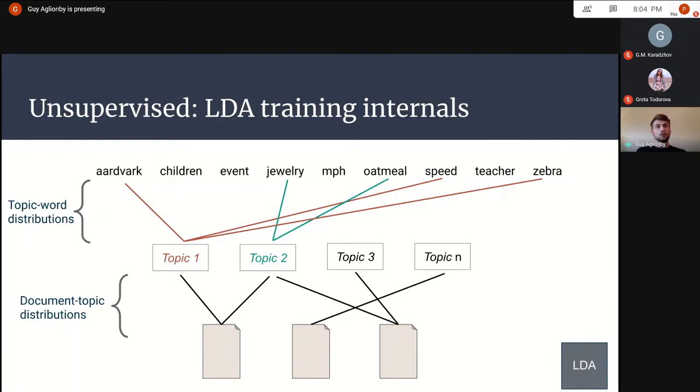And in the course of training, what we want to do is 2 things. We want to get a set of topics that maximally describes the documents. So if we generated from the topics, we wanted to generate as much as possible of each of the different documents from those topics. And for that, we need to have good definitions of the topic. So the words associated with the topics need to actually correspond to something in the data.